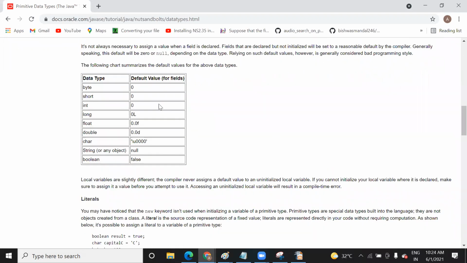Default value means if you do not initialize any value, then the default value held by the data type is 0. Like suppose I write byte a, and you do not initialize a value, then the default value of that particular byte variable a will be 0.